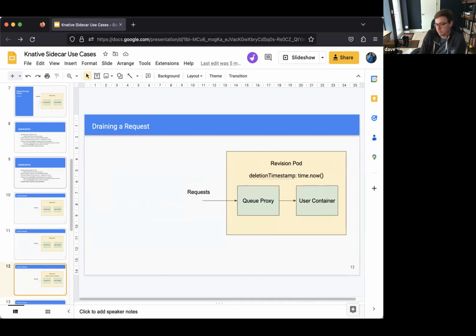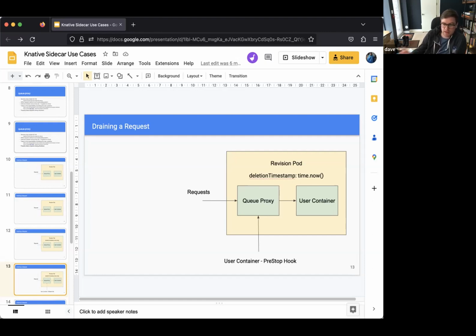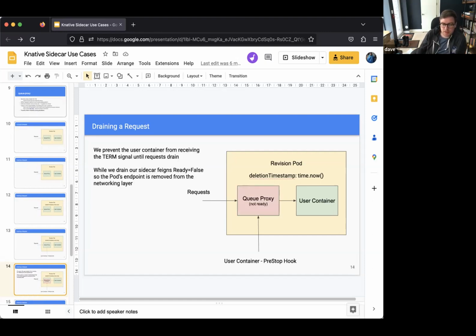Now we have a deletion for whatever reason. What we actually do is rewrite the pre-stop hook on the user container to hit our sidecar. That prevents the term signal from going to the user container, and this lets our sidecar not trigger the shutdown of the user container until we properly